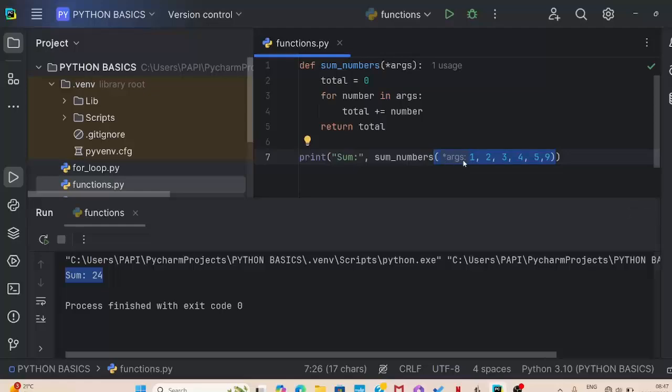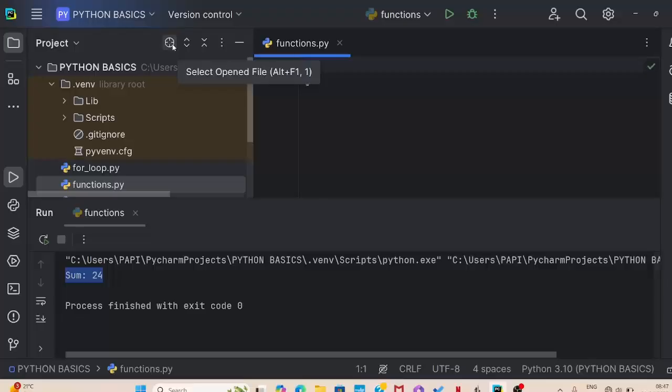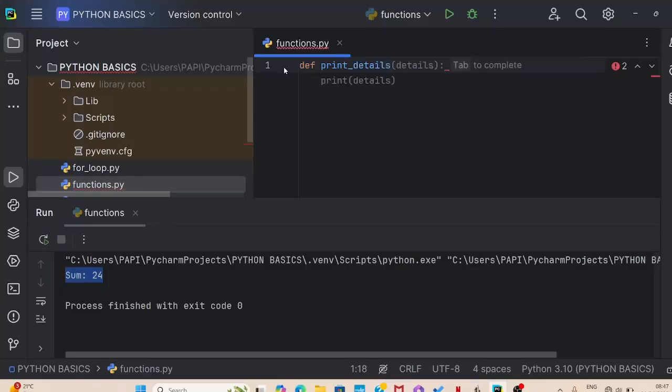Right, so that was it about the non-keyword arguments for variable length. We'll move on to using keyword arguments as parameters of variable length. So here I will declare a function, def print_details. Right. So that is as before, we use this